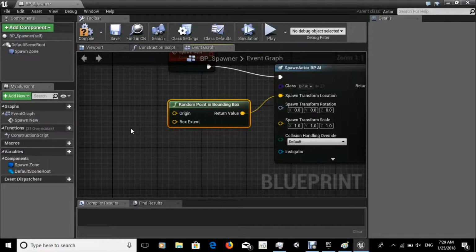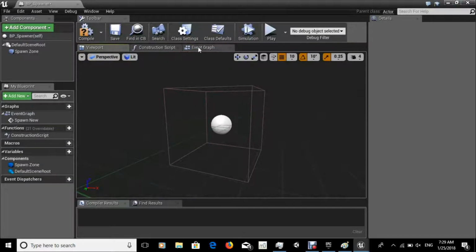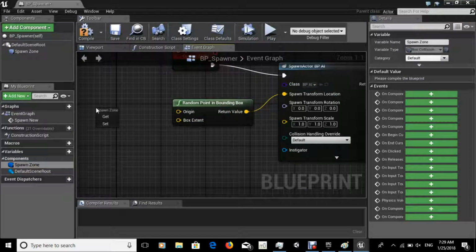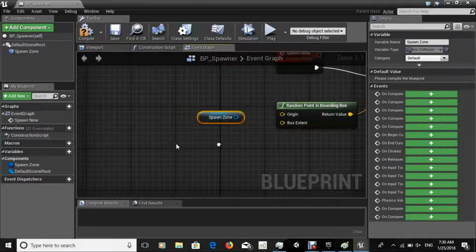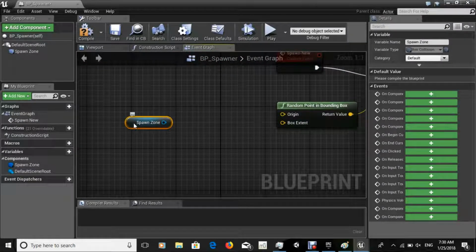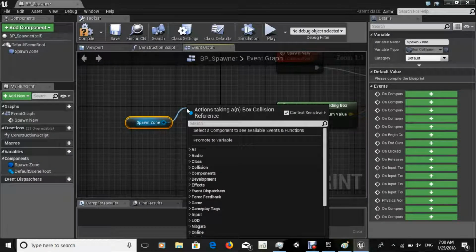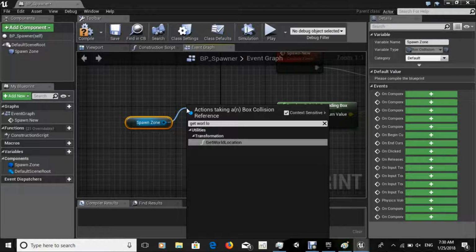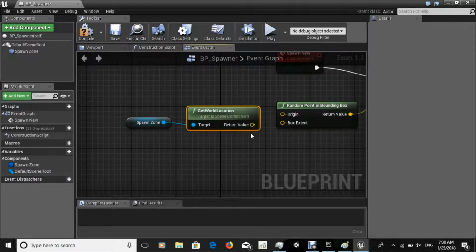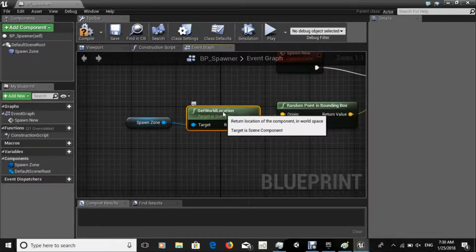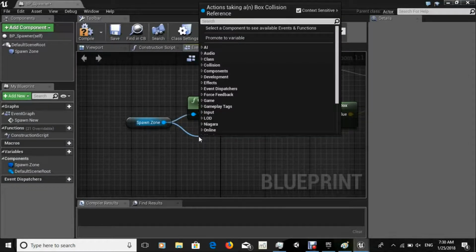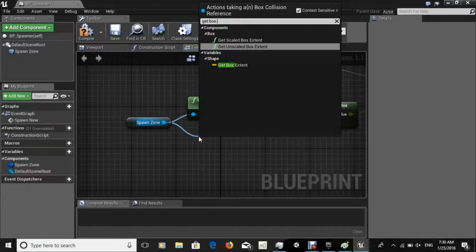So how do we define the box? Well, that's what we did here in the viewport. So drag in spawn zone and click get. And we're going to drag off of this twice. The first time we're going to drag off of it and just type get world location. And that goes into origin. Now we'll drag off of it again, type in get box extent,